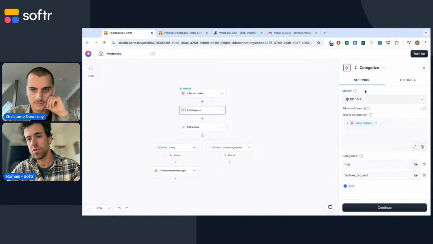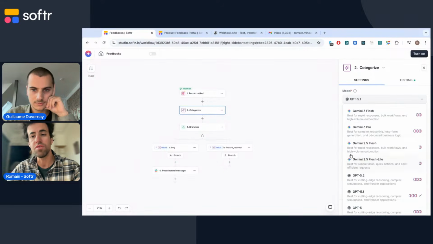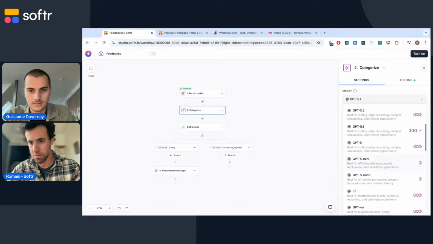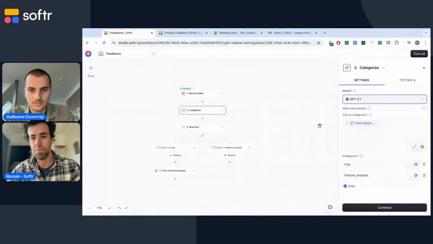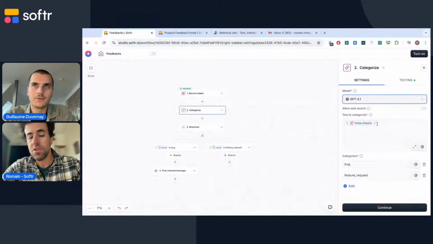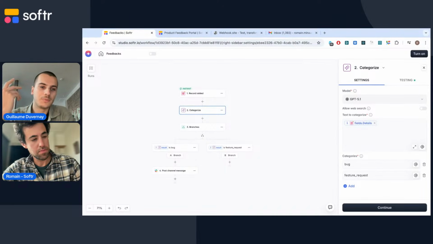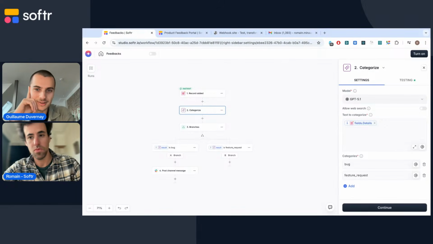As Guillaume mentioned before, you can use different models that have some pros and cons in terms of cost and efficiency, based on the use case. So I'm going to use GPT 5.1 just for the test, but you can test a different one. Do you have a recommendation? Like if we had to recommend 3 models for a use case that's light, medium, and big, what is your go-to usually?